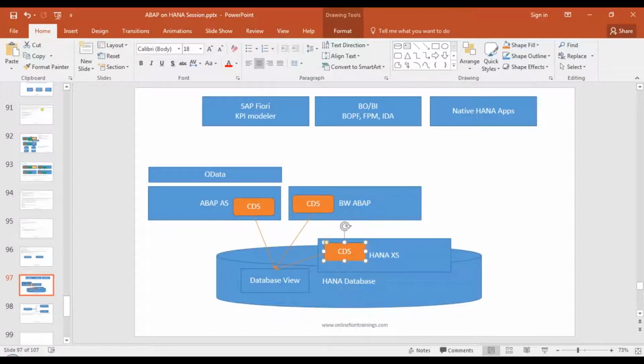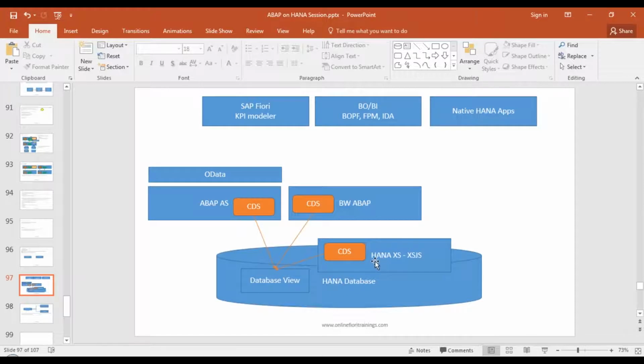So there is a syntactical difference in HANA CDS and ABAP CDS. There are two different programming paradigms. Here your programming paradigm is ABAP. Here the programming paradigm is Access, and typically we use Access.js, server-side JavaScript. So this is a completely different programming paradigm. So you will see different syntax for creating HANA Access or HANA based CDS views.